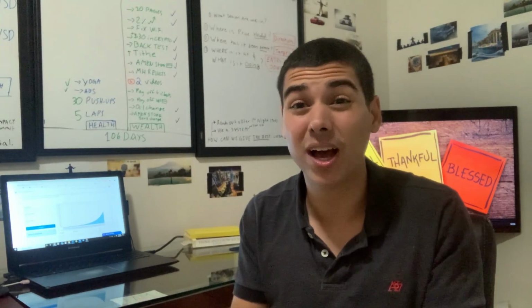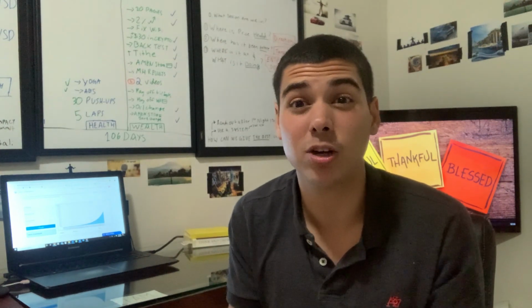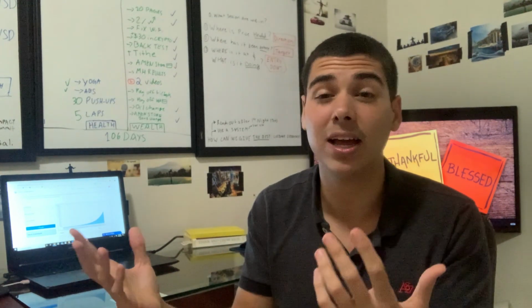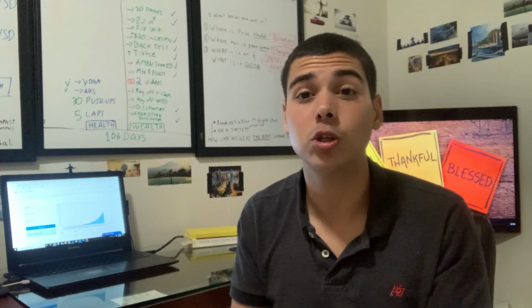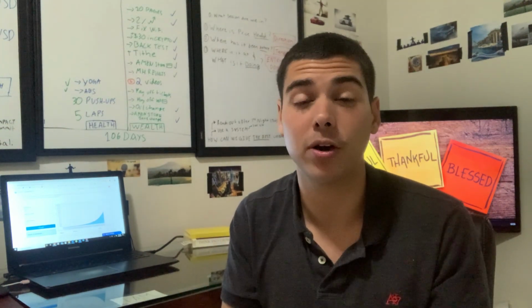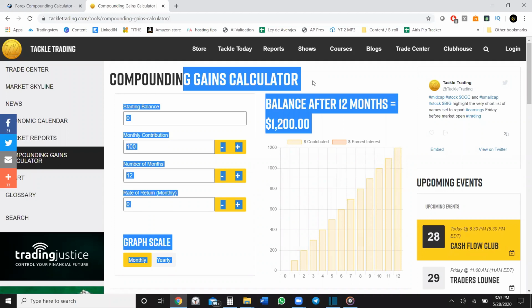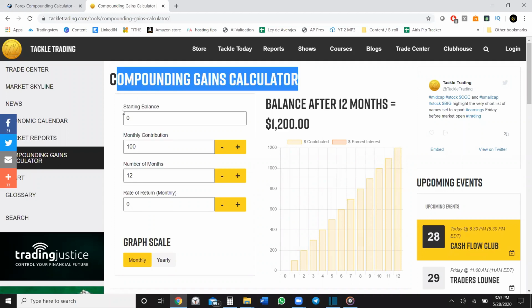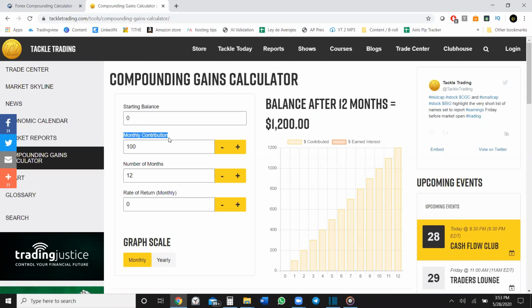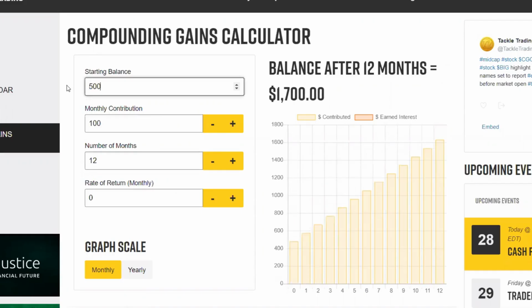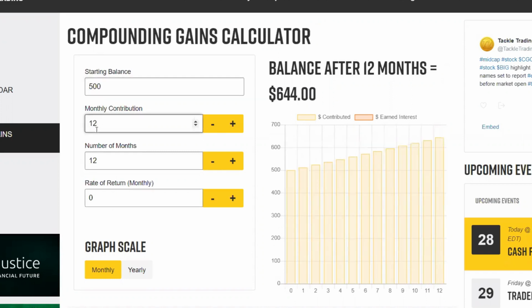Now, let's be honest, not everybody has $3,000 to just put aside and let that grow for 10 years. So I figured I'd do you something better. Let me show you. We can utilize this compound calculator that allows you to put in contributions every single month. So let's say that you started with $500 and you're adding $120 a month.